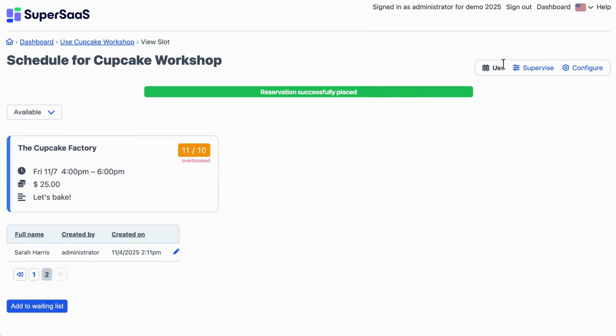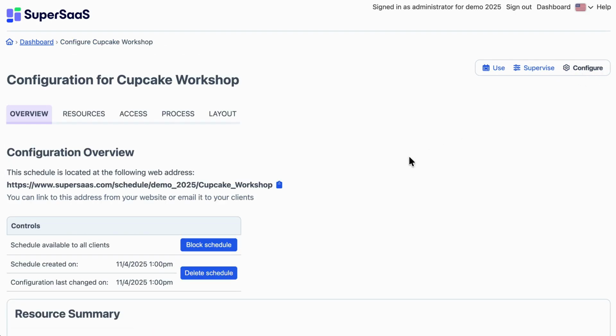By clicking Configure in the upper right corner, you'll find many more options you can add to the booking process, such as which messages are sent or whether payment is required up front. You can copy your personal link as highlighted here and paste it in a different web browser. That way you will be able to see the schedule as your users see it.